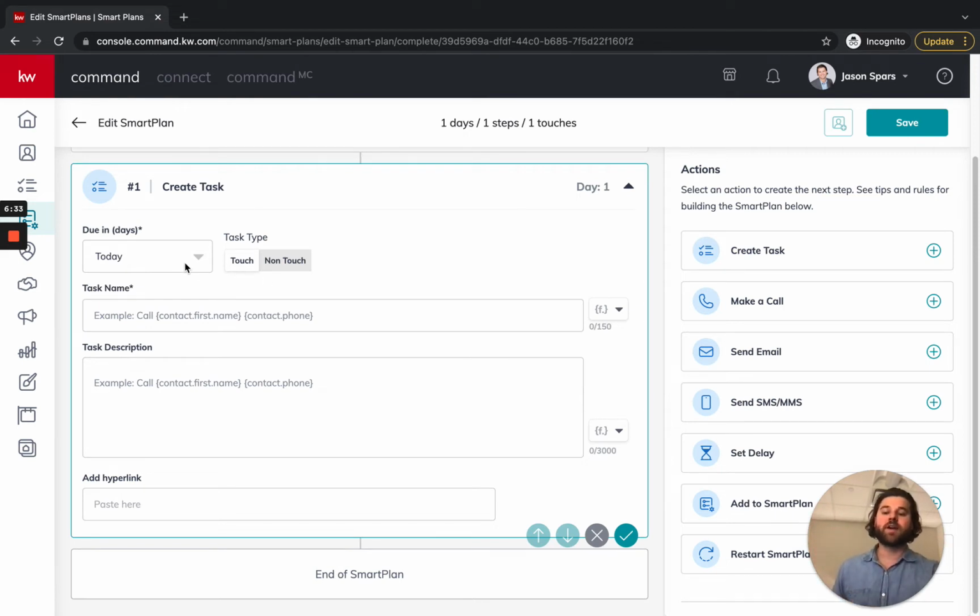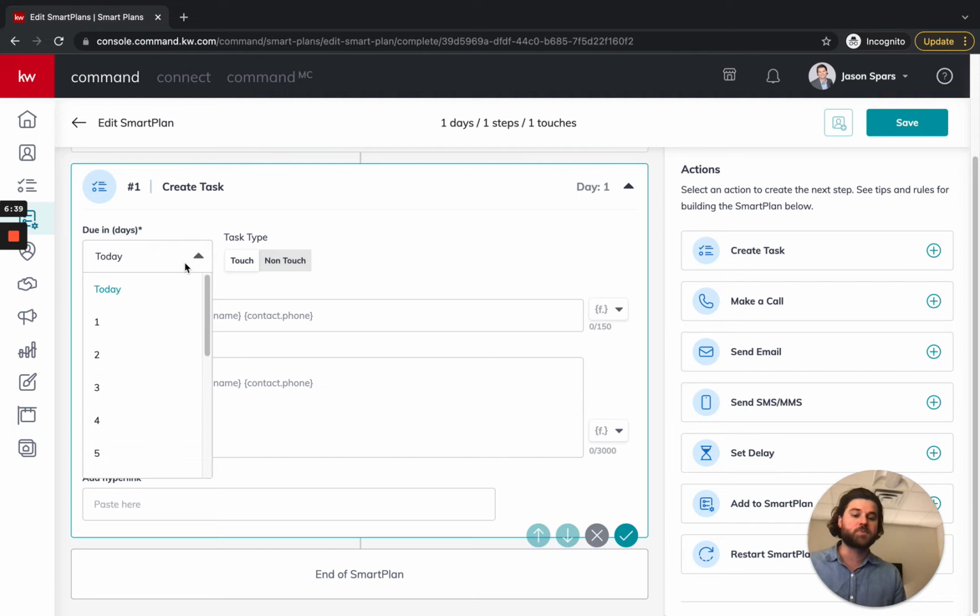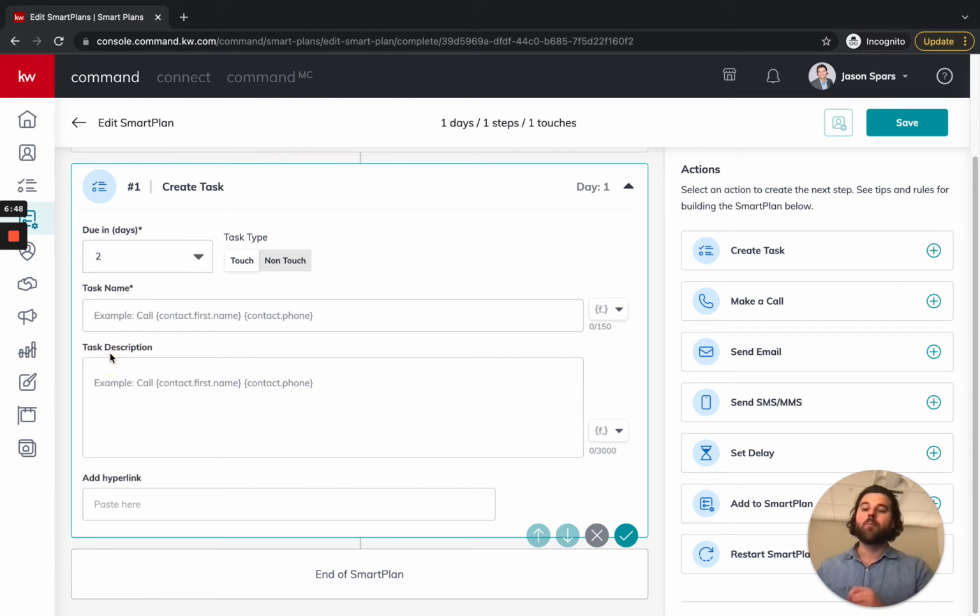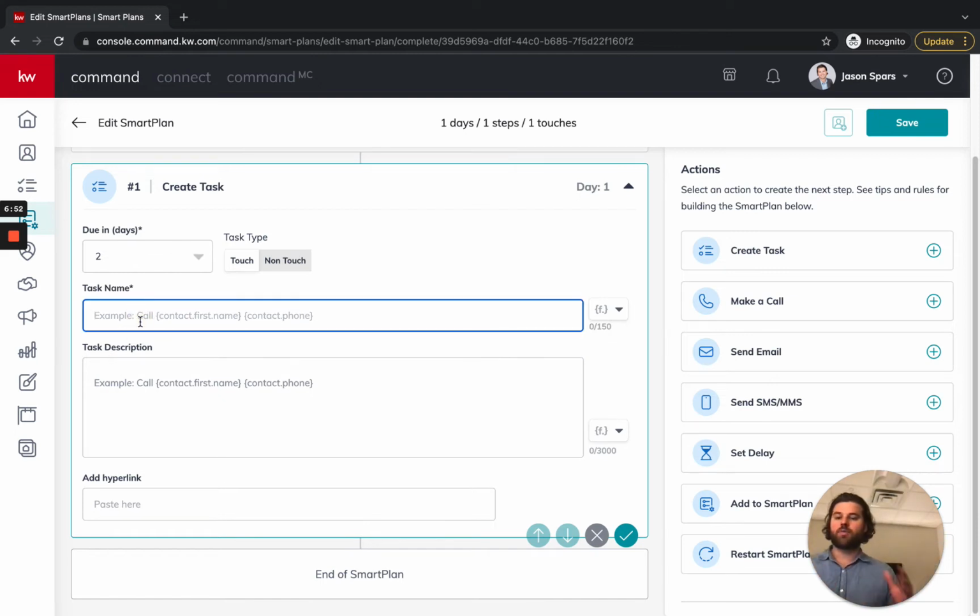Now, if I have it as today, it's going to say this is due today, right when this comes up. But I can push this back a little bit and say, I want to be notified of this because this card needs to go in the mail in 2 days. Well, I know I'm pretty busy and I might need a couple days to write it. So I want this on my radar today, but it needs to be sent in the mail in 2 days. So if we're going to go with that example, I'm going to say send a thank you card,